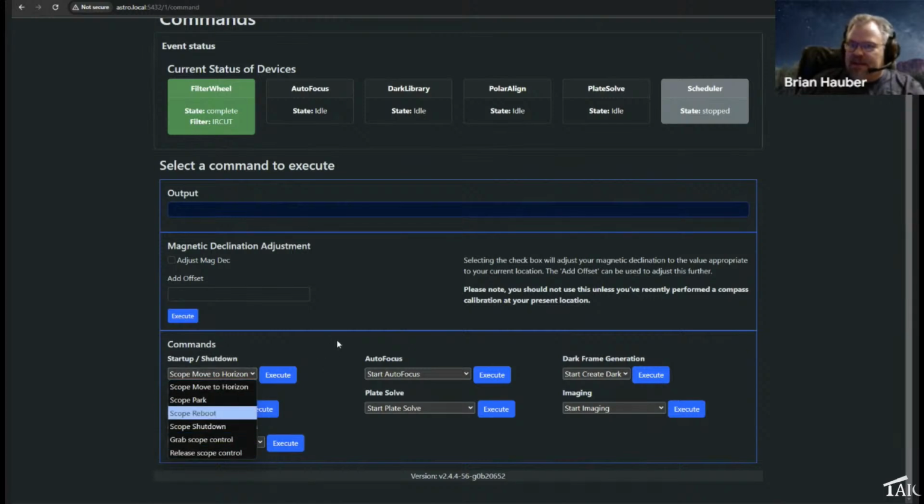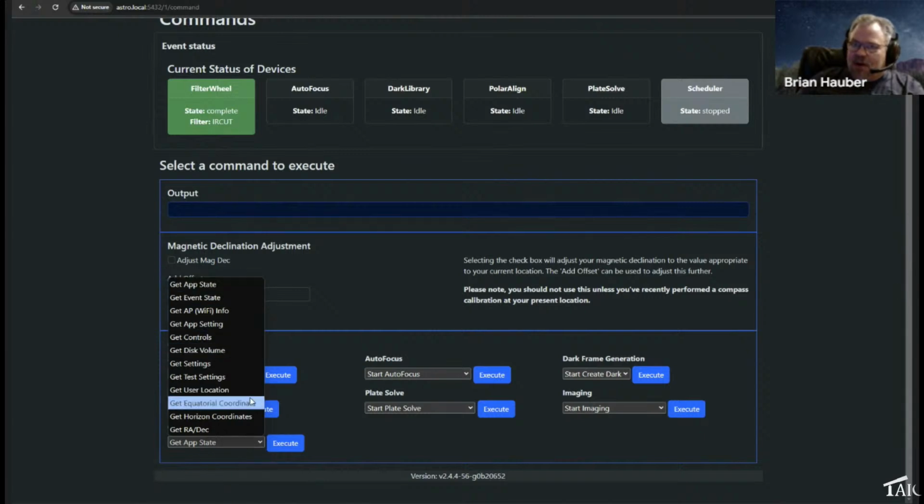So you can send all of these various commands: start autofocus, start your dark files, turn on, so it does have a 3-position filter wheel, or it's more like a sliding plate where there's an IR cut filter, the light pollution filter, and then there's a dark filter that's just kind of a black plastic. And then there's all these get information commands. These talk directly to the Seestar and get the actual status from the device, on all of these things.